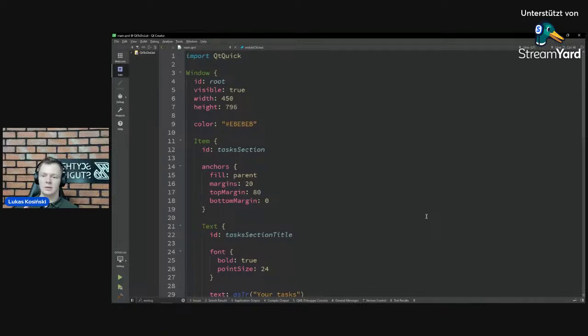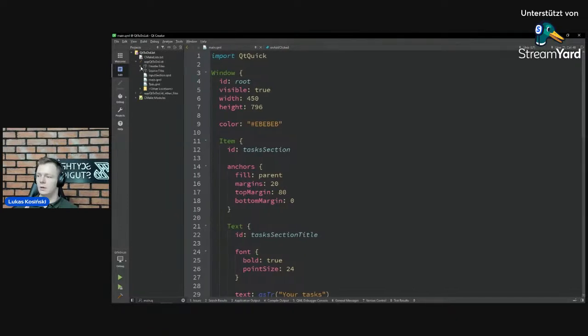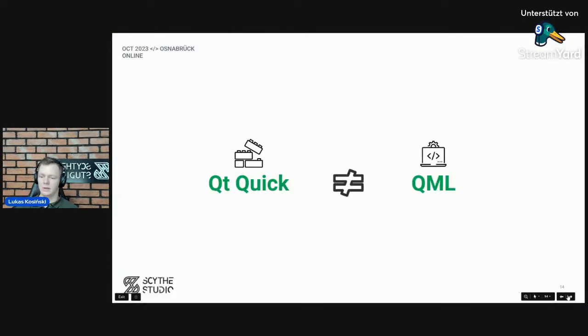The good information is that in your projects you can mix C++ and QML code and use C++ to have some effective logic or just reuse your existing code. Going back to the presentation.